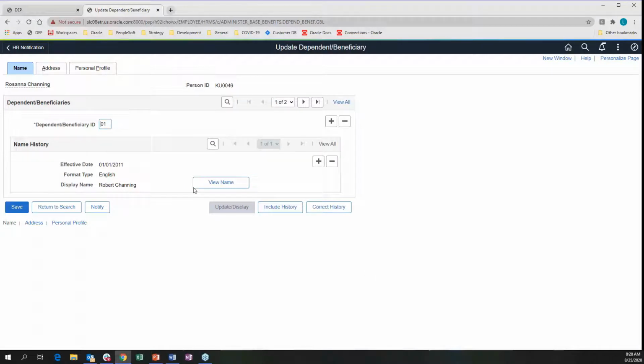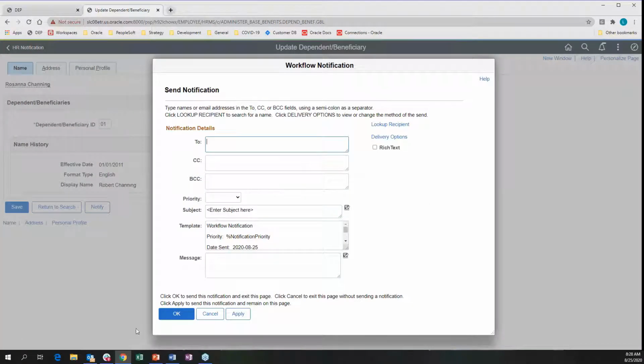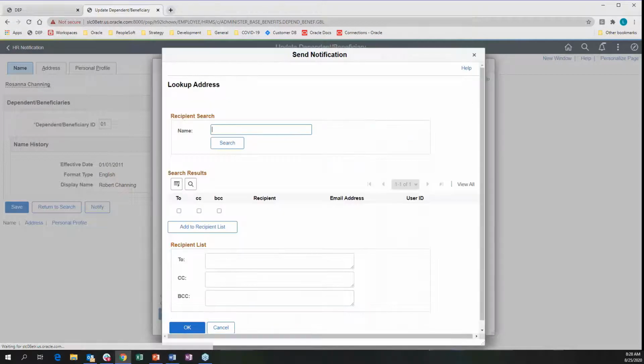And here, maybe we have a question as to, well, we thought Robert's name was spelled differently. So we can go ahead and do notify. You see, this looks a bit different. When we go to look up a recipient, we don't have that list of predefined recipient types. We can search for